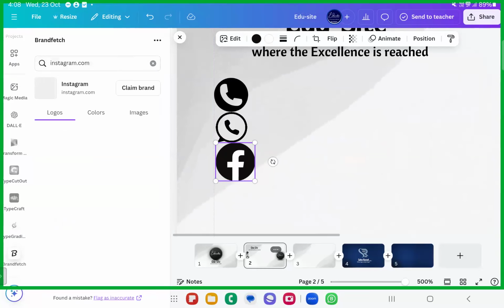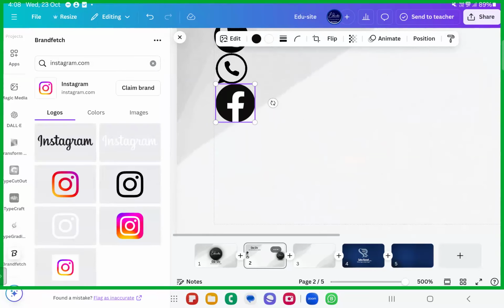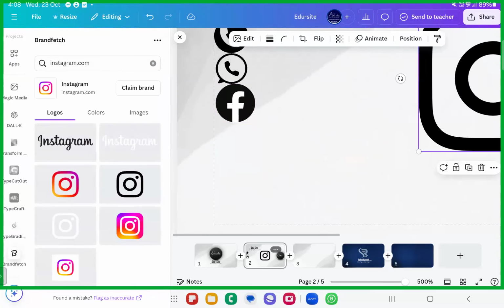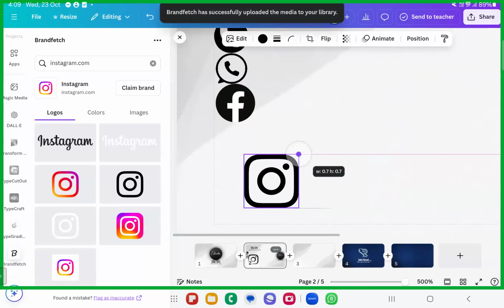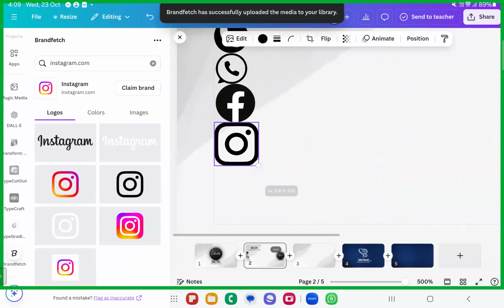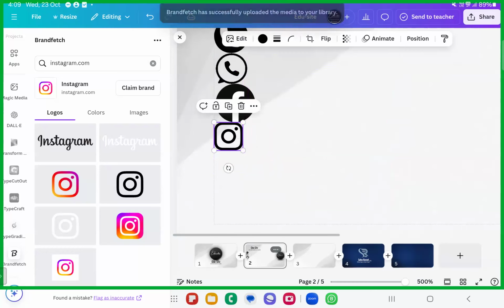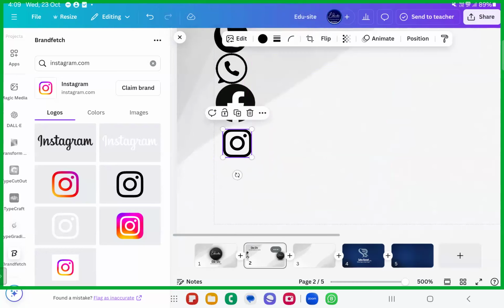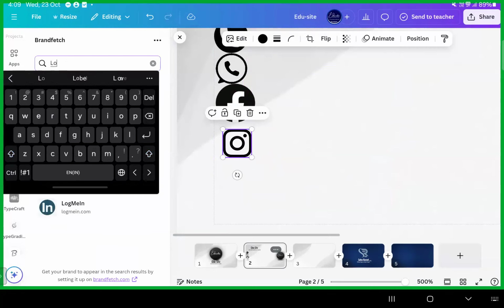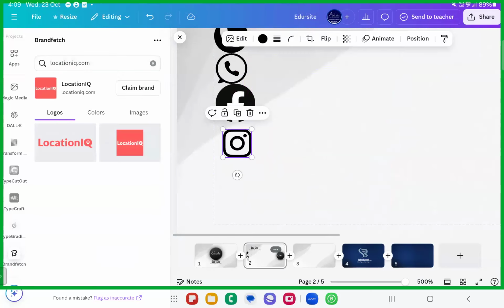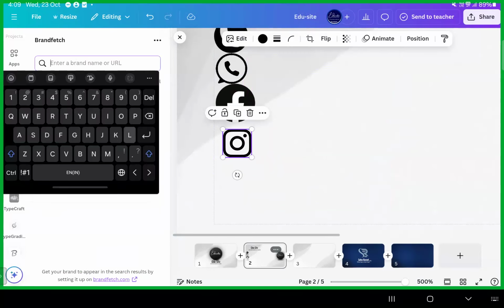Something like this. They place it on their business card and keep it as such, and it looks very clumsy. It doesn't look professional. Make sure you're creating the content professionally. One will be very small, one will be very big, and then if they want a location, whichever you want, I'll show you how to maintain this.